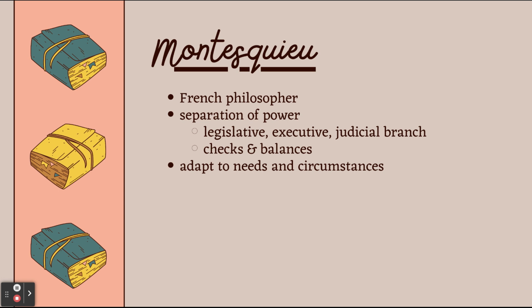He also strongly advocated for a system of checks and balances, which was also strongly advocated by the founding fathers when creating the Constitution, creating an institution where the different branches have different checks to ensure no one becomes too powerful. He also believed that a government needs to adapt to different circumstances, which was quite revolutionary at the time and is something that is still debated to this day within the United States, whether the Constitution should be enforced as is or whether a government needs to be adaptable as things in society change.